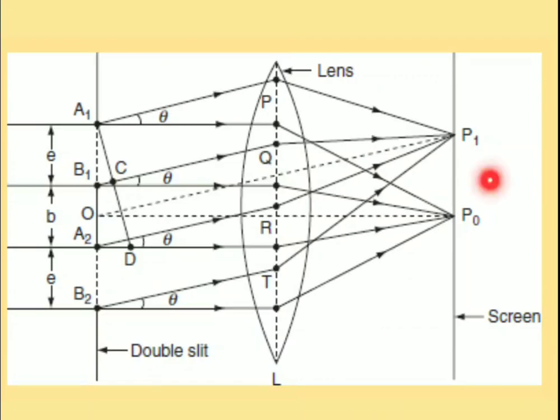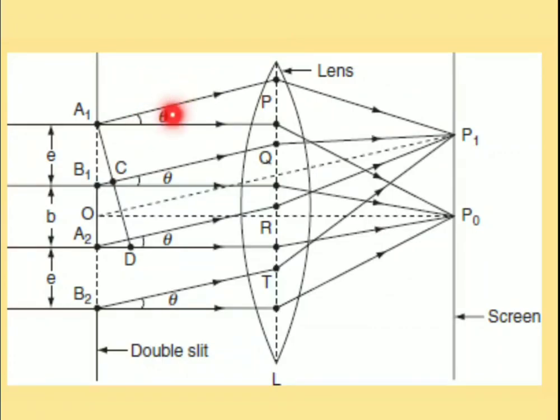Simply, central maxima exists at P0 when the light rays do not bend at the corners of the slit or obstacle. But still some of the light rays bend after the slit